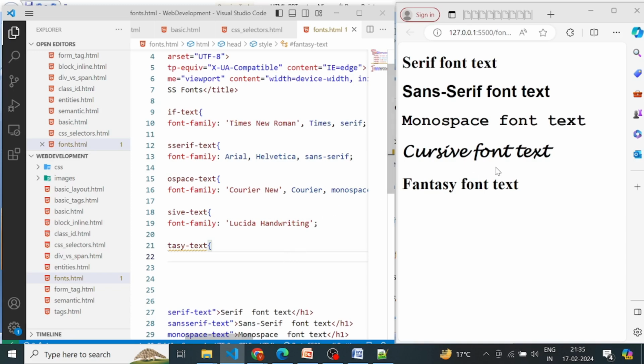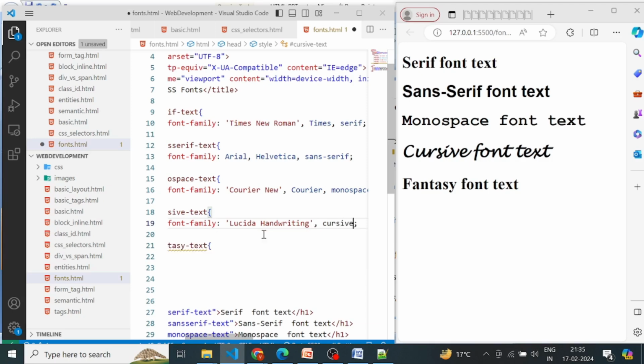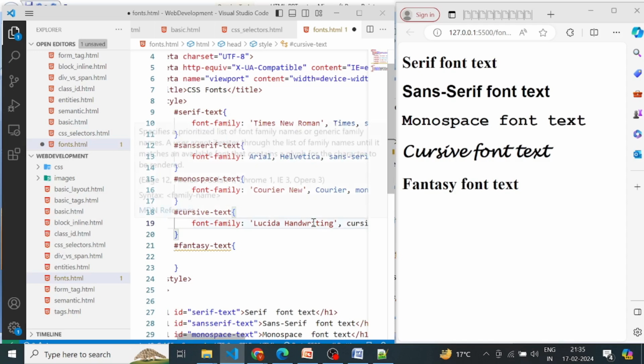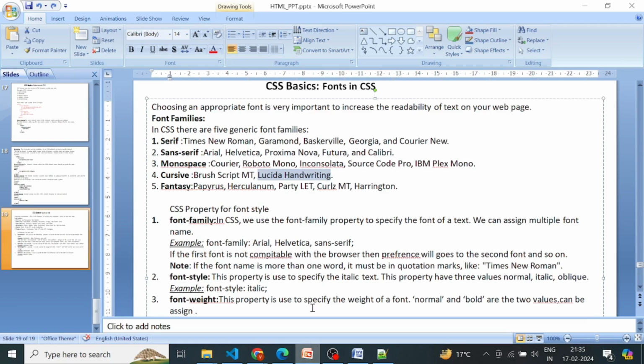Yes friends, so this is the cursive font. And at the last we can write cursive also. So this is our generic font, cursive. So if Lucida handwriting is not installed in the browser, then any cursive font it will pick. And our fifth font is Fantasy. From Fantasy we can choose any font like this one I am choosing,